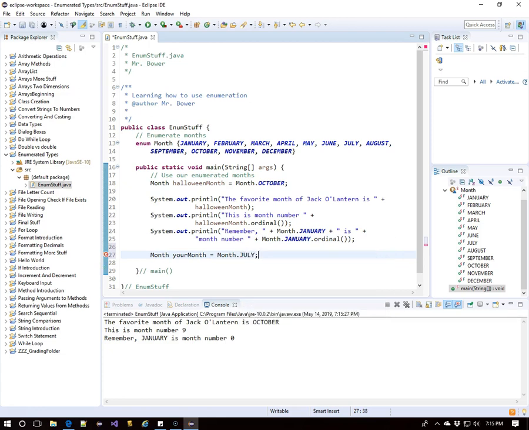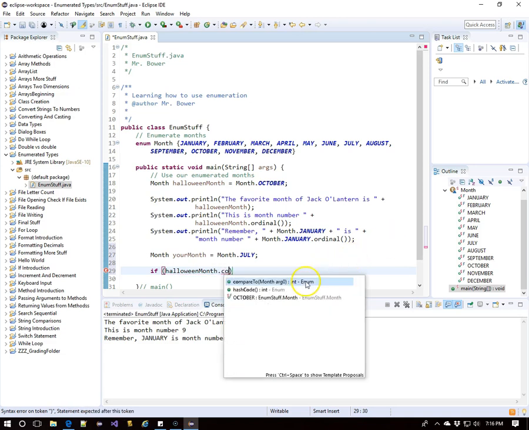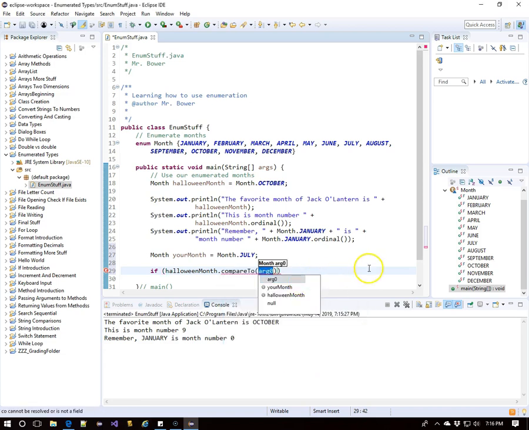So let's pick out another month, any month you like. I'll do that, yourMonth equals Month.JULY. You can pick any month you like. And we'll compare it to halloweenMonth with dot compareTo. These are objects, so we're going to look to see if one is greater than or less than the other. So if halloweenMonth dot compareTo yourMonth returns a value that is greater than 0, which means it's positive,